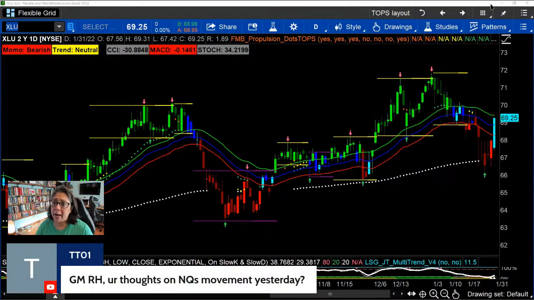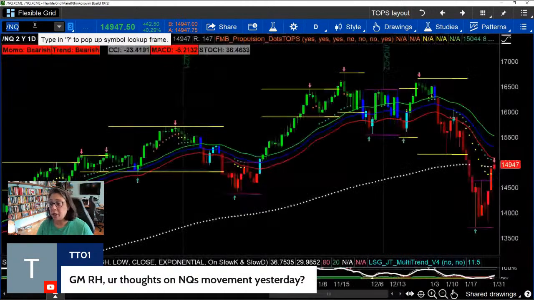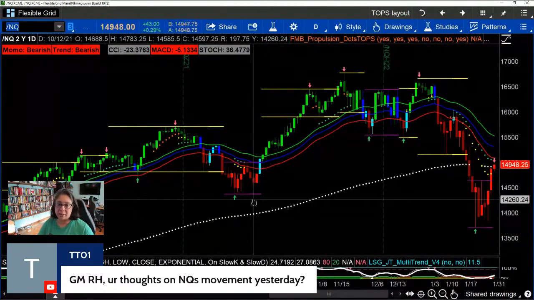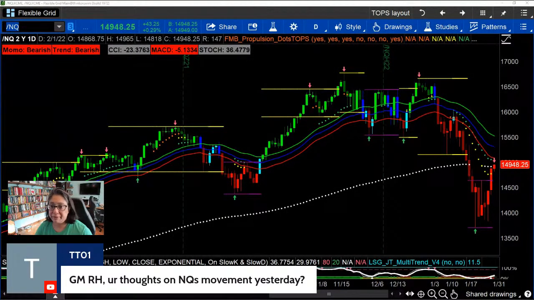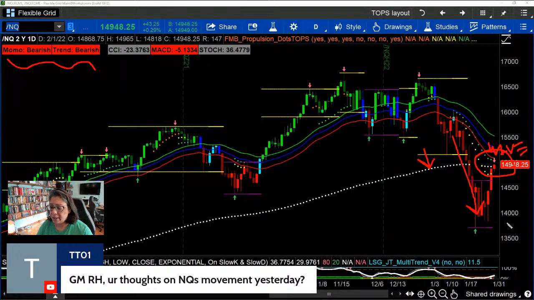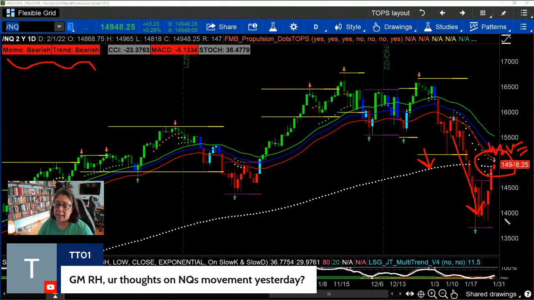All right, what are my thoughts on NQ's movement yesterday? NQ, again, I'm not enthusiastic about shorting rips, but if there's an environment that we can, this is the one. So double red, right? This is a downtrend. We're south of the 200. We've corrected to the 200. We're very close to the resistance of the wave. So we bounced. I mean, that's really it, gang.